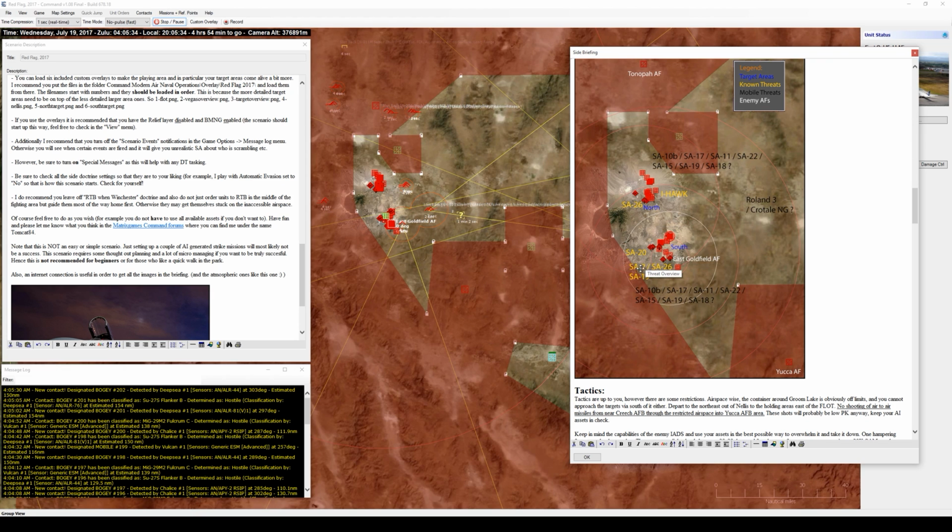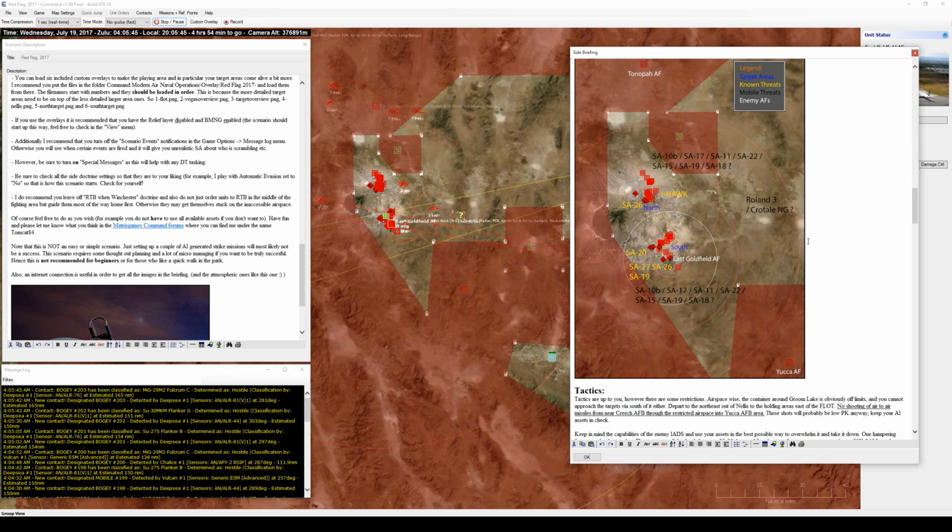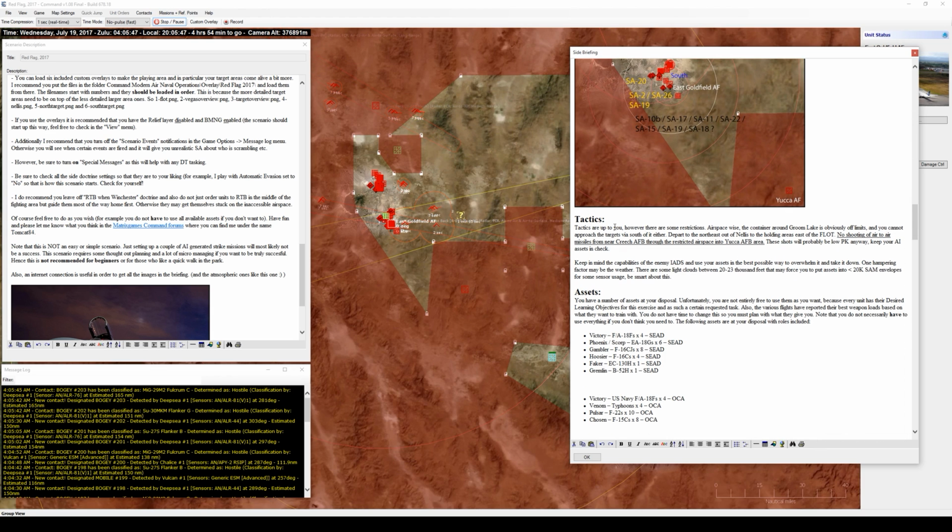Southern area defended by SA-20, SA-2, SA-19, and then just a number of other systems out there at random. This is a very, very tough mission. Okay, tactics, completely up to me. But I do have to keep in mind that airspace-wise, the container around Groom Lake is off limits, and we